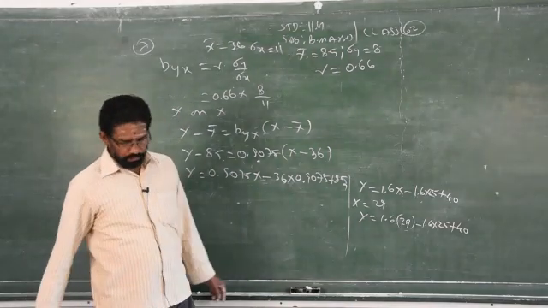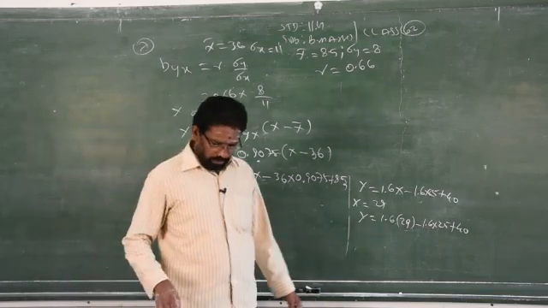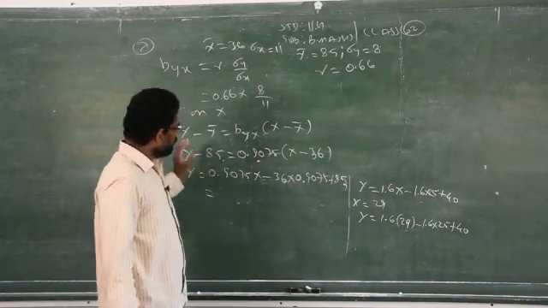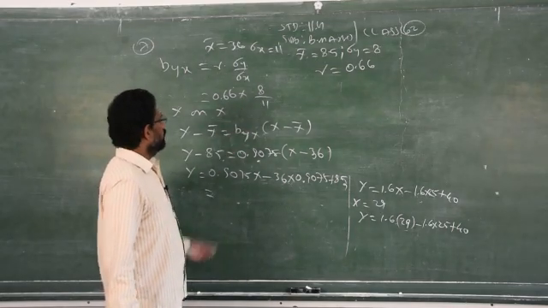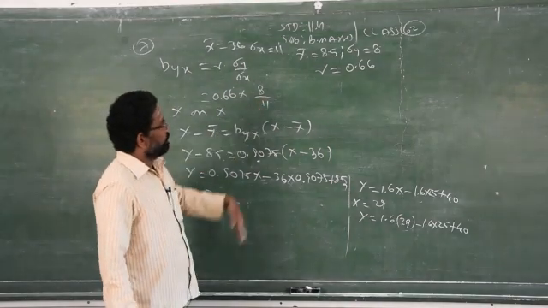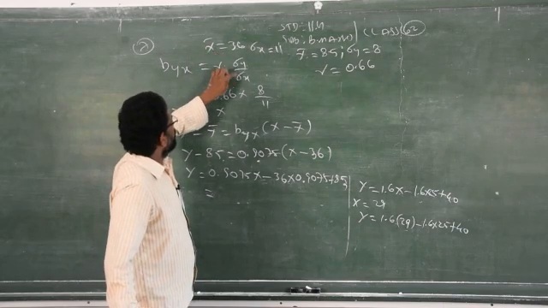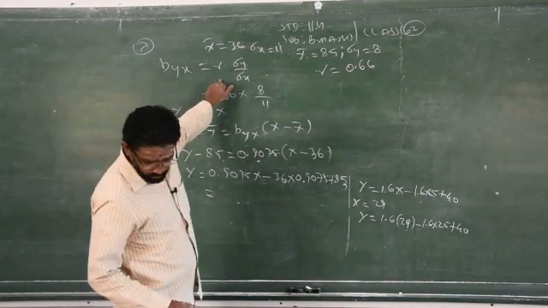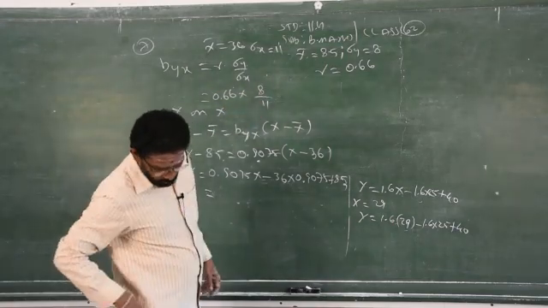In that you have to replace x by how much? I will write down the answer, but you have to replace and find out. You will get the required answer. Be careful, it may be wrong. Please check whether it is correct or wrong. If it is correct, please substitute, you will get the answer. Otherwise, you will go for some other formula. It is Byx equals R into sigma y by sigma x, that is the formula to find Byx. Just substitute the information given in the question and check whether it is correct or wrong.